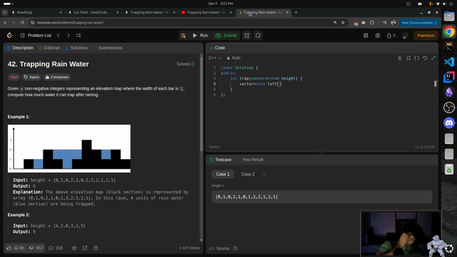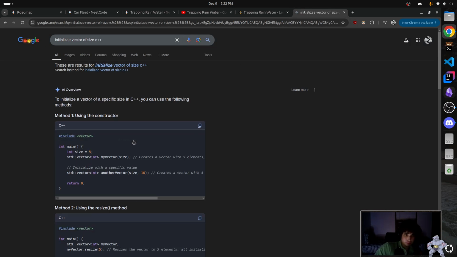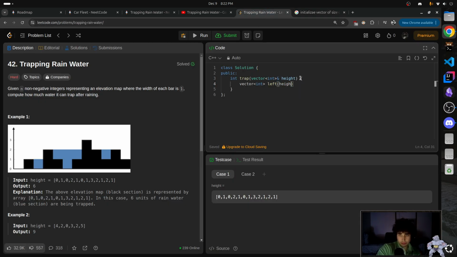left, initialize vector of size C++, my vector size, okay. And then right, size, and I can put a value here. So if I do like 0,